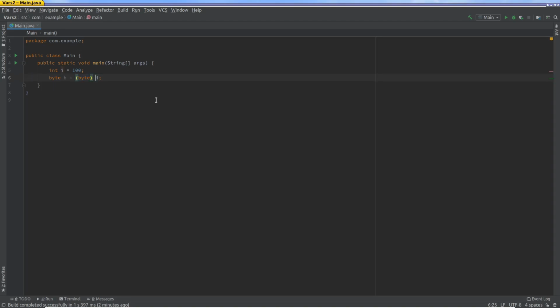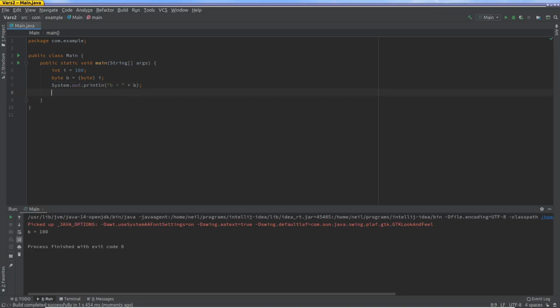So what this tends to do is it takes the value in I, which in this case is 100, which I know is going to fit here, okay, and it makes it compatible with the byte data type by hook or by crook, right? In this case, it's very clear. So if I print this out, so I say B equals plus B, I should get 100, right? So in this case, it's actually very clear.